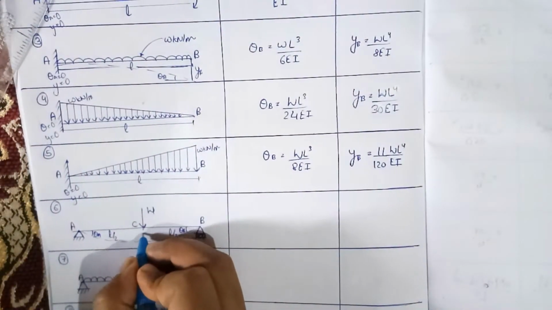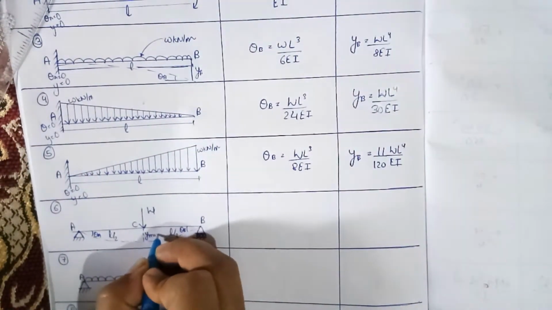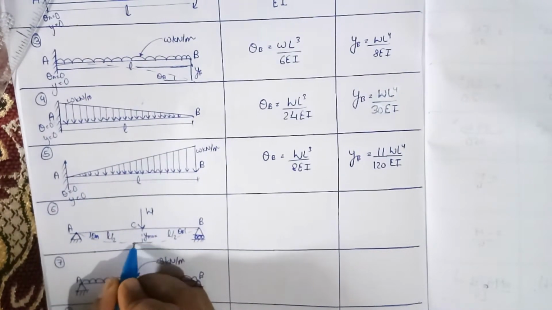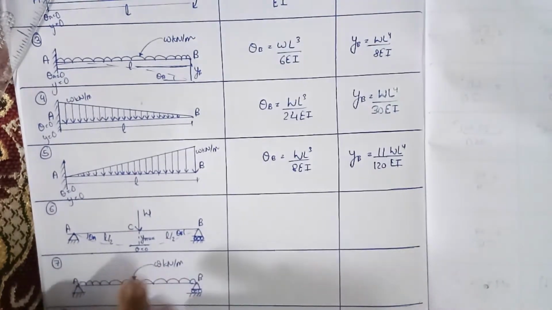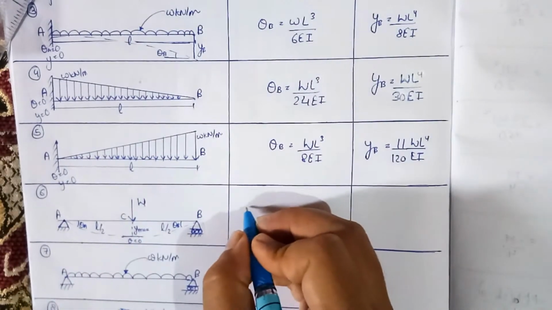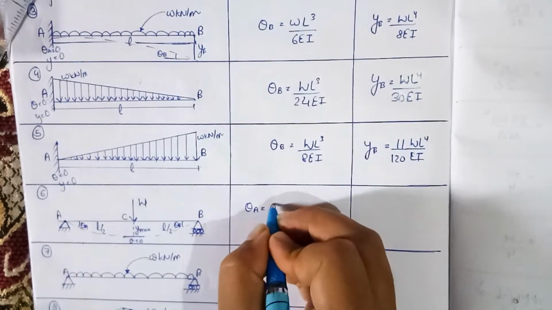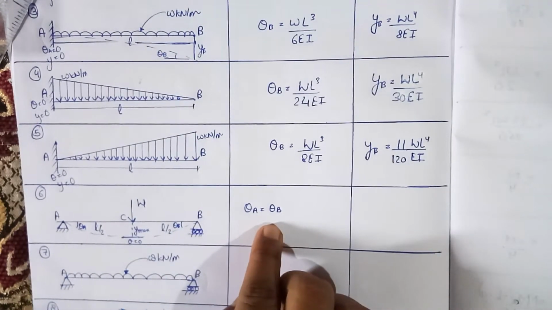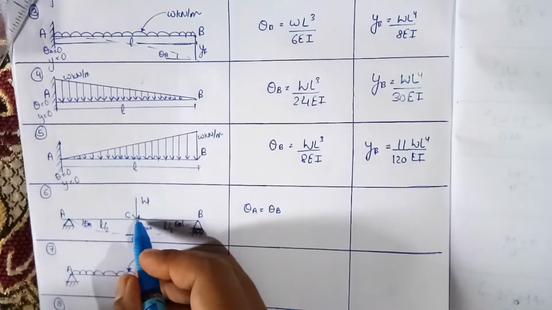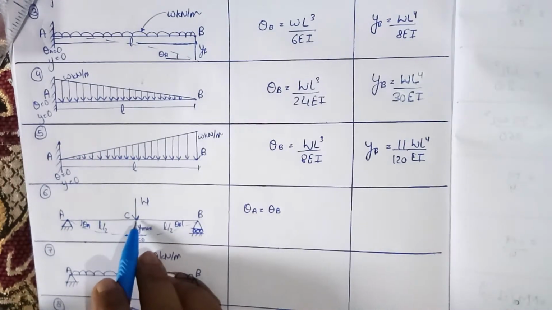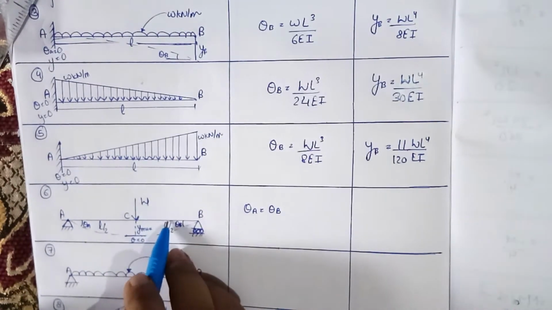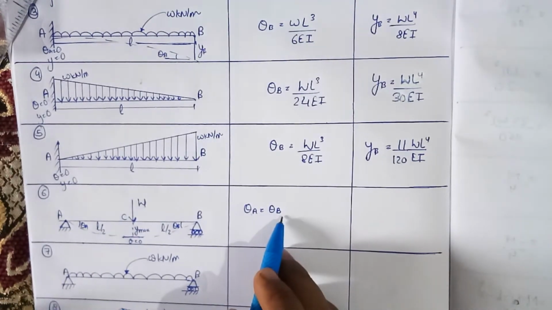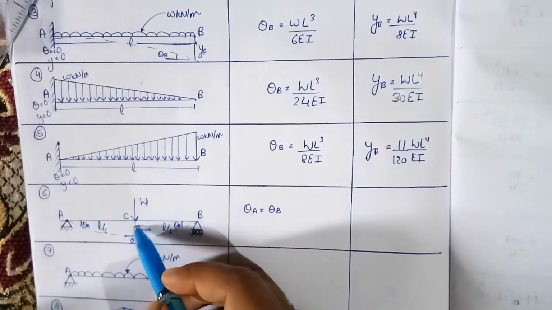The deflection here will be maximum, that is y max, or y at C will be maximum, and at the maximum deflection the value of theta here is 0. So we will write the value of the slope at joints A and B. At point A and point B, the value of the slope is the same because the loading is applied at the central portion. But if the loading is not applied at the central portion, or it is applied somewhere else on the beam, then the value of theta A and theta B may not be equal. Remember this point, this is the same because the loading is applied at the central point.